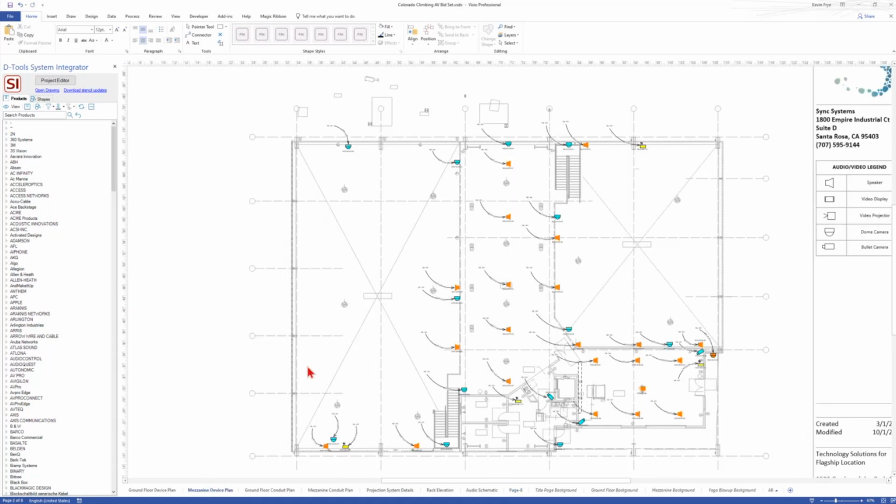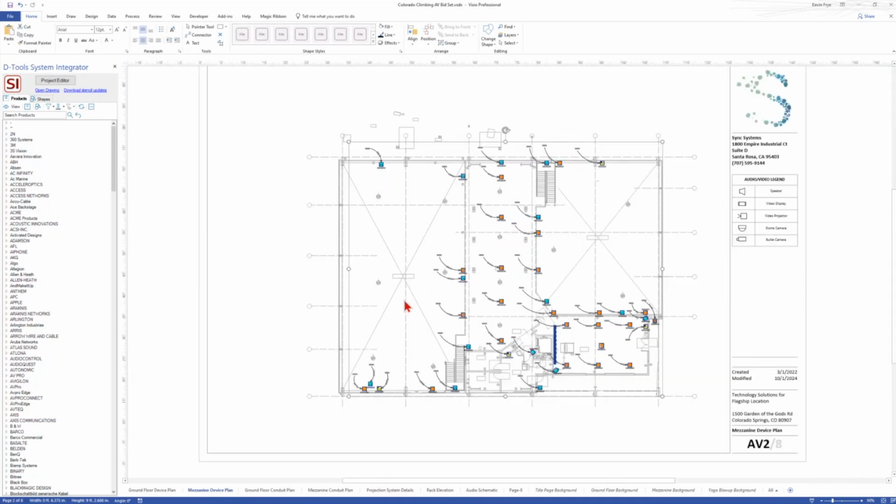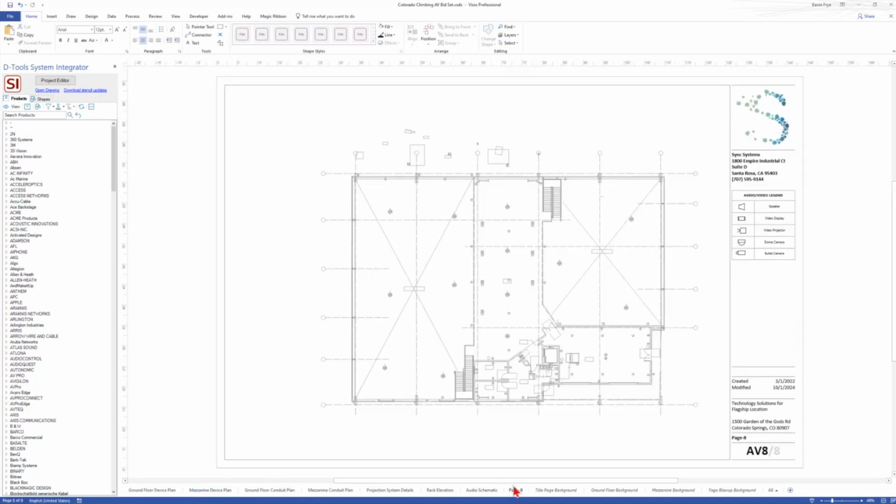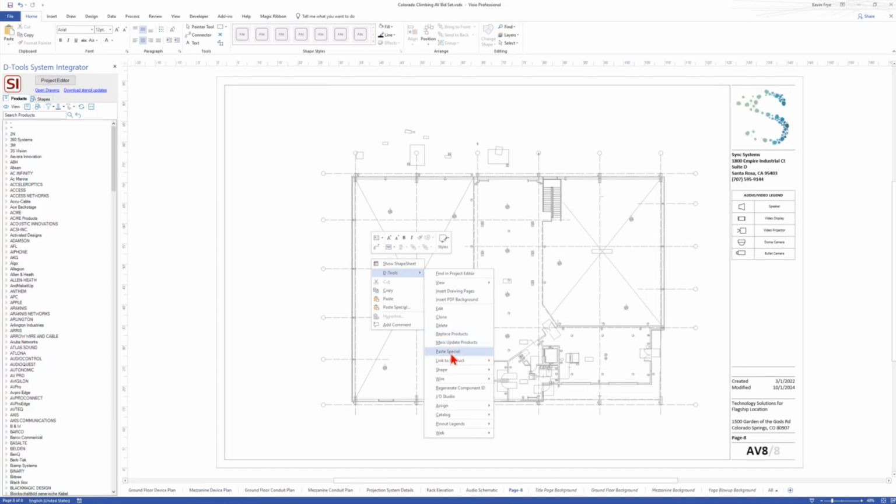So if I come back to, say, this mezzanine device location plan, let's say I want to gather a lot of these shapes and copy them over so that I can use them in a slightly different context, like I did here with the conduit plan. So I can simply do Control A here, select them, Control C to copy. And then I'll go back to page 8, and if I right click and do DTools, paste special,